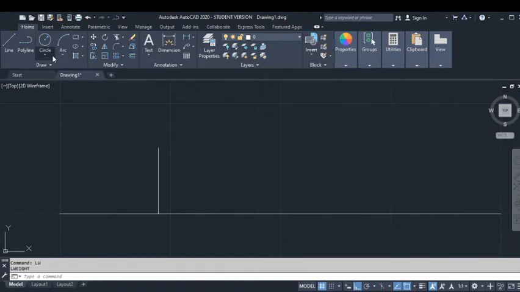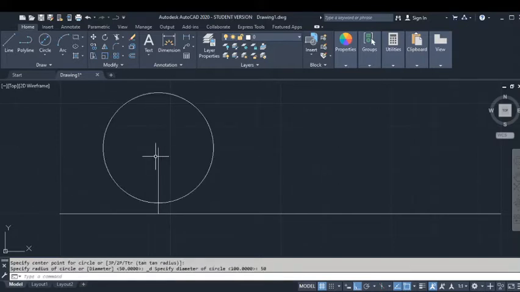Now let us draw a circle. I'm going to use the center and diameter, or I can use the center and radius also. So I'm choosing center and diameter, and I'm going to specify the center at this location, and give the diameter to be 50 units. So now I could draw a circle which is having a 50 diameter, but the thickness of the circle is not visible for the time being because I have not yet turned on the line weight thickness. So as soon as I turn on this, now I can see the circle in a thicker manner.